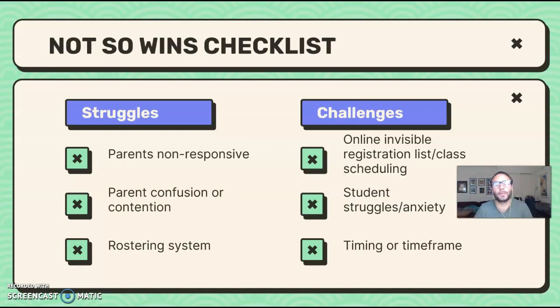I do also want to look at a couple things that were not so great. Parents are the number one struggle that we're having. There's no question about it. This was something that was named before when I had an initial AD survey in November, so it's not something that we don't all know. Getting parents to agree to schedule a time and then not forgetting about that time is the hardest thing.